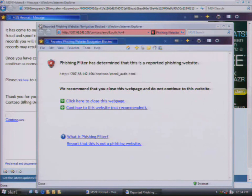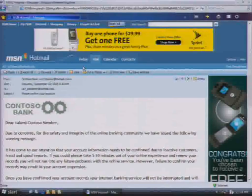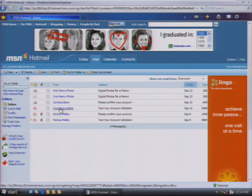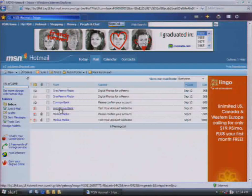So let's go ahead and say, I'm just going to close this page. Let's go back to my mail. So, obviously, if we've got a web server that is trying to keep a record of all the different websites that people are reporting as phishing sites, it's simply not going to be able to keep up with that complete list of phishing sites because they'll move around. But one of the things I want to show you is that